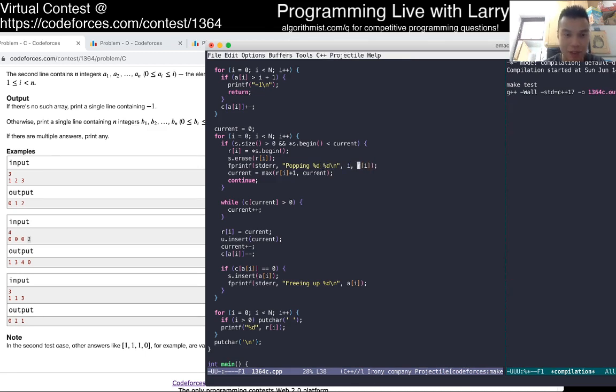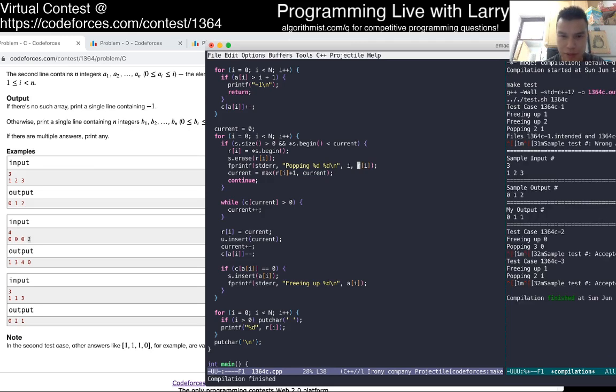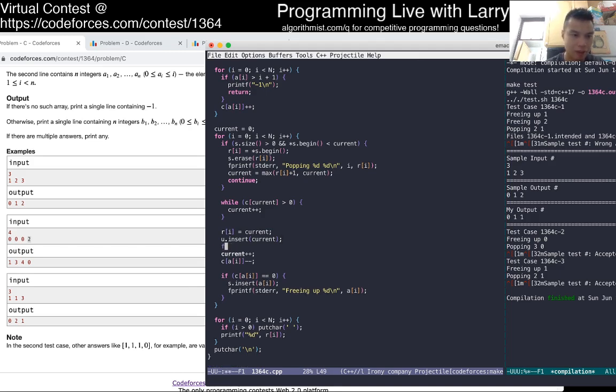Just curious which one happens first. But so okay, here we have 1 and 2, but because we already used 1 here, okay, here's more like if.